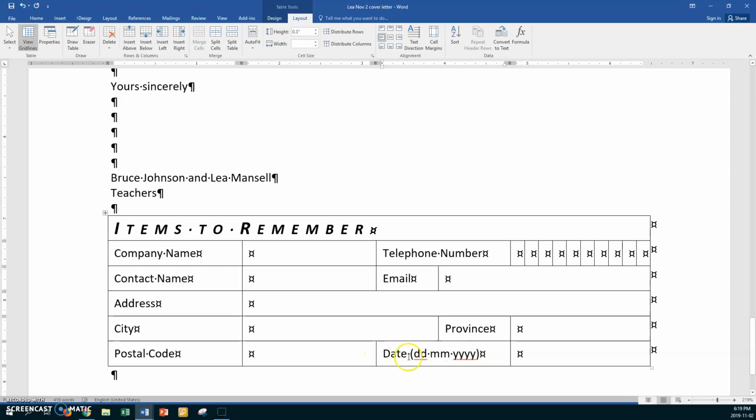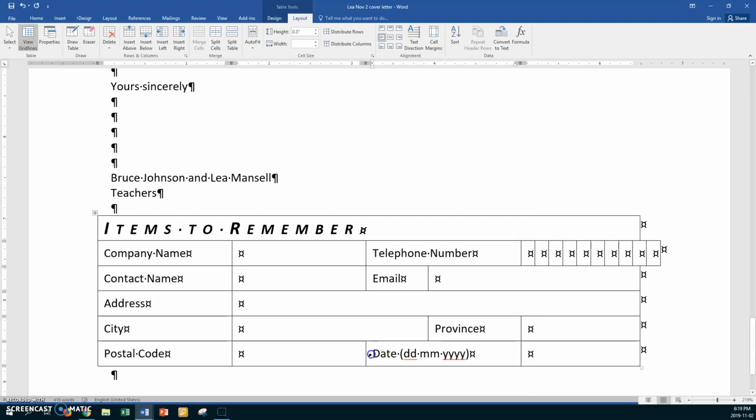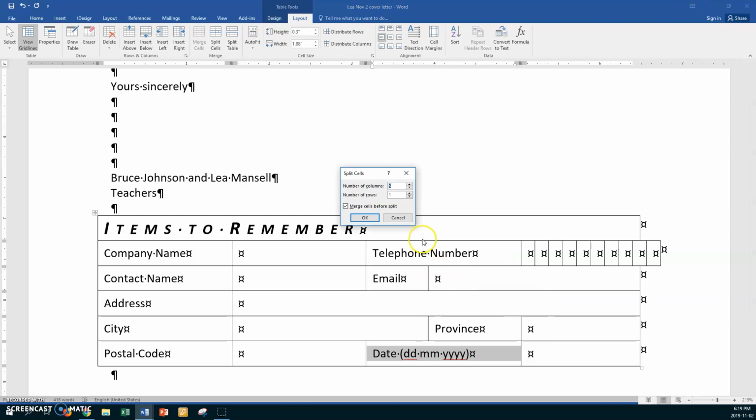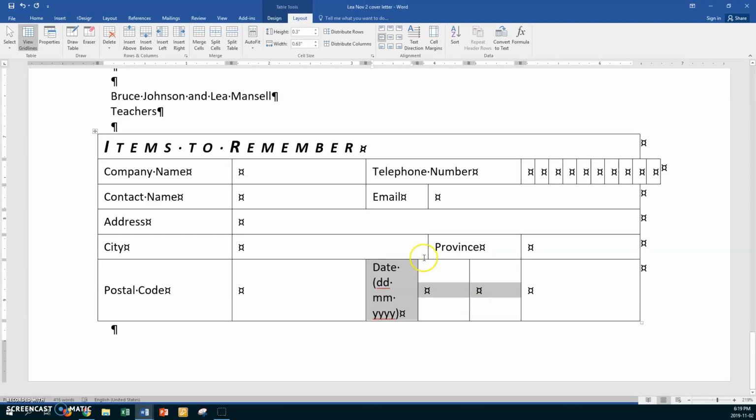So I'm going to highlight this one. I'm going to drag this over first of all. Okay, and I'm going to right click, split cells, and I'm going to split it into 3. All right, so I want 3 columns and 1 row. Okay, so now that definitely